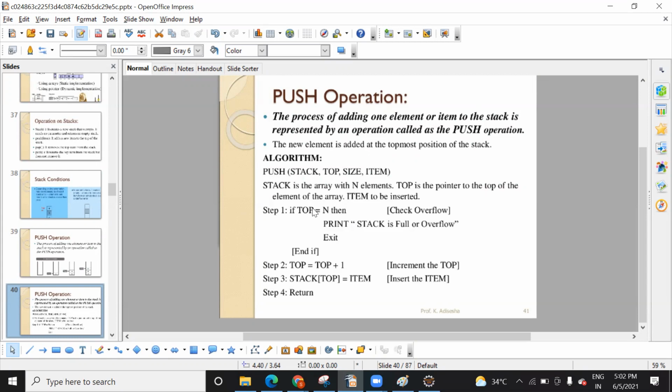So you check if you are at the last of the stack and you want to enter more values, then it will be an overflow condition, and you will immediately exit, meaning you will not be able to add more elements. If you are not at the top, then you are free to add an element, and your top, which is one pointer, will increase one by one as you add elements. So this is actually the algorithm we use before we write code in Java, Python, or different languages.